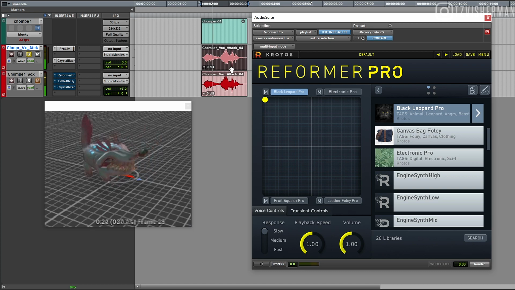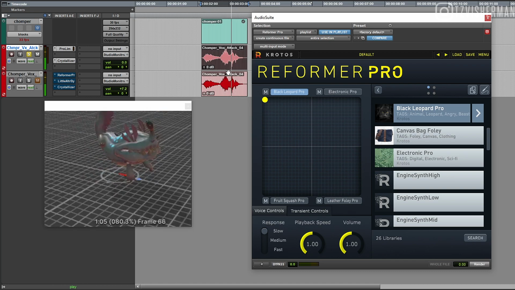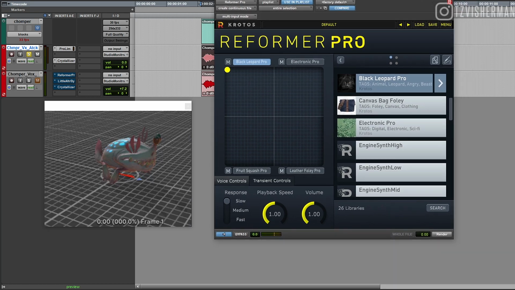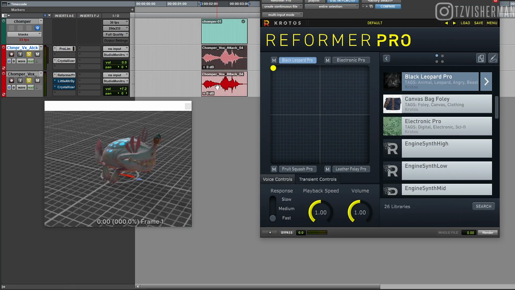So this is what we have right now. Sort of like a growl and a jump. And then if we wanted to add in a layer of Black Leopard, and if I really wanted to match the transients, which I do for this particular one because it has to line up with a bite, I'll choose fast. Then together you might get something like